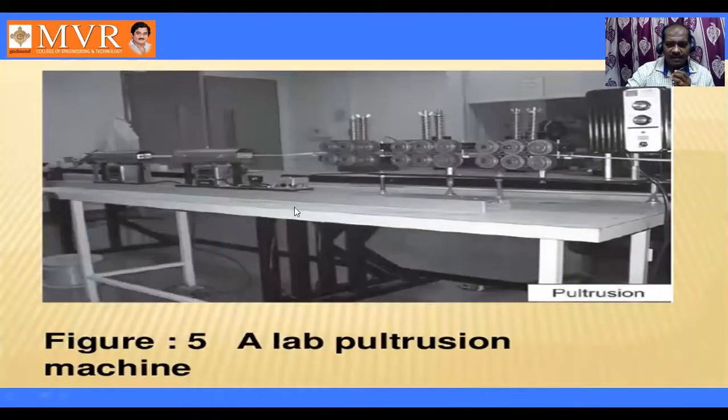So if you observe this diagram, this is a lab diagram. If you observe this one, this is the pulling system, and we are going to perform the step-by-step operation here. Here the wire is going to come like this. Here there are some winding coils, and the winding coils are going to pass it, and we are going to come like this. And these are the pulling systems. So I think you can have this pulling system pulling, and you are going to follow like this. So as a line diagram, we can understand more easily than in the lab diagram.